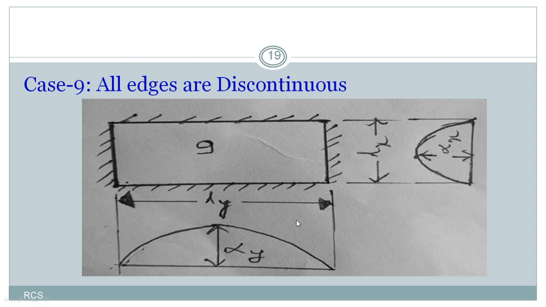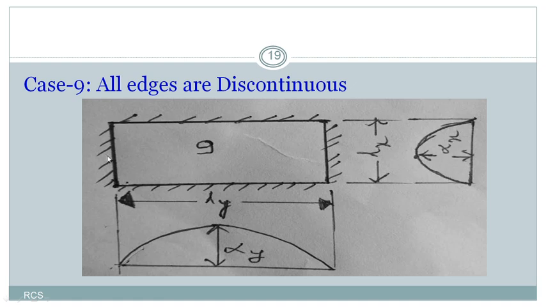If you draw the bending moment diagram for this, we will get a bending moment diagram like this. That is a positive alpha y. That means we are getting a positive bending moment here. The coefficient corresponding to this positive bending moment is a positive coefficient. As we are calculating the bending moment in the y direction, alpha y is the bending moment coefficient with respect to the y direction. And similarly, in this direction also it is discontinuous, so the bending moment diagram will be like this. So the bending moment is positive, and the corresponding coefficient of bending moment is positive.